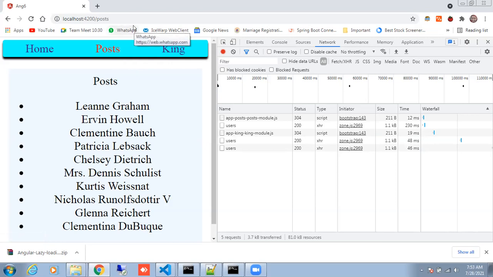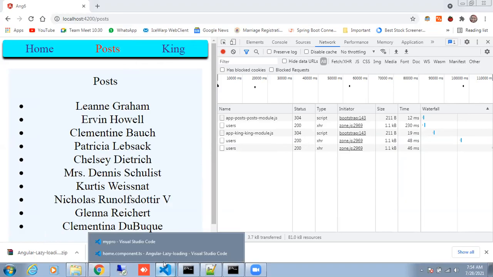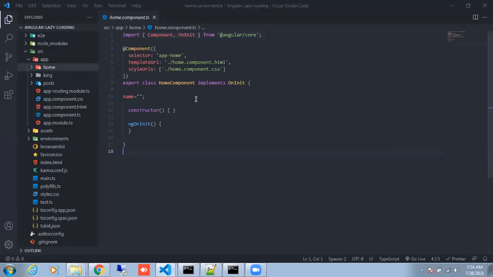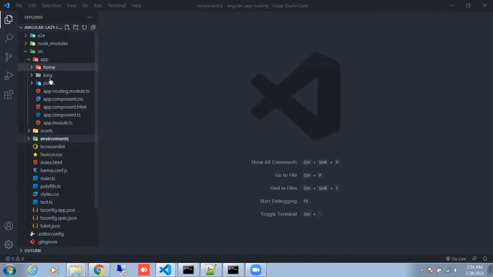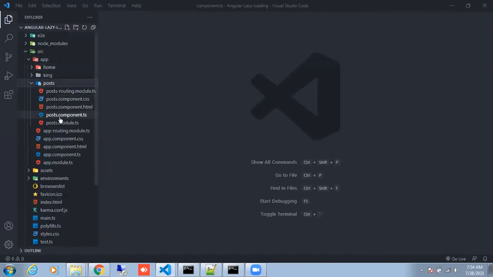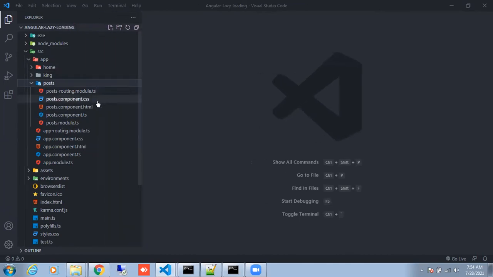That's the whole idea. And to make this possible, what we did, open your VS Code editor and open your post folder. Inside this post folder, you will realize there is one file called post.module.ts.